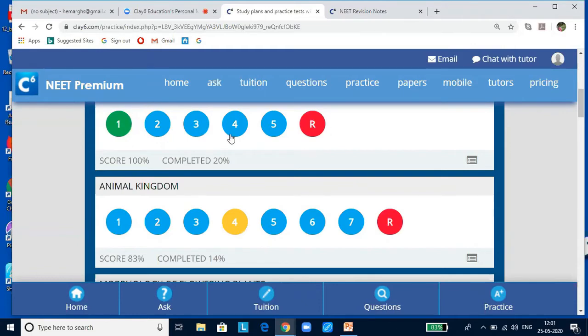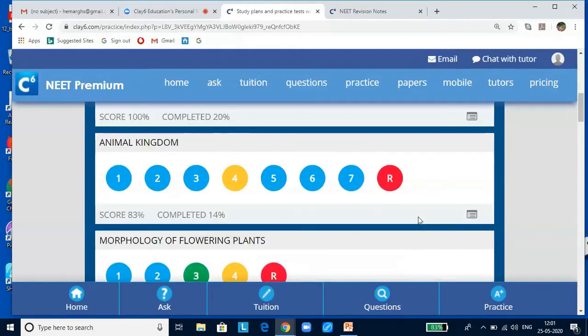Now, when you have completed all the levels of test, this red bubble is a randomized test, wherein it is going to pick up the questions from all these tests in a random fashion to test whether you are able to. These tests are all done in such a way that, depending upon the complexity of the lesson and its importance in NEET, taking that into consideration, these tests are being done. I hope you got to know how to navigate to the website.